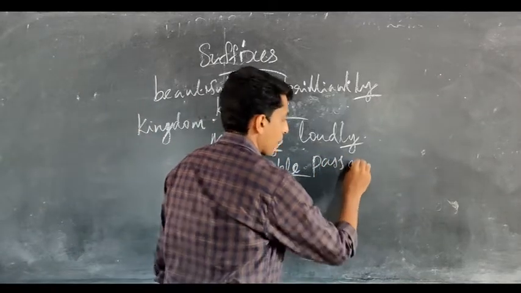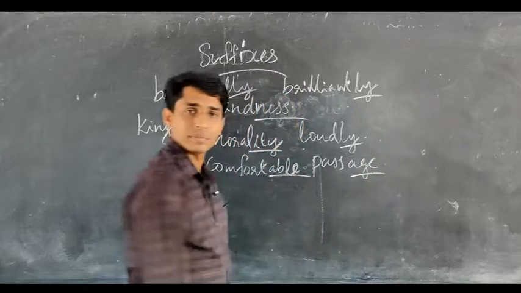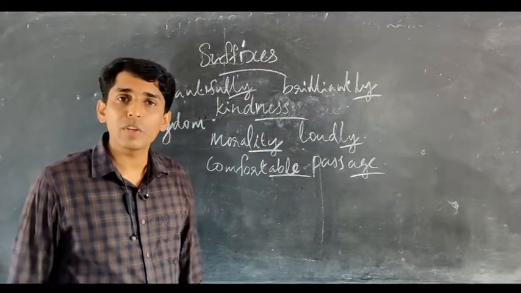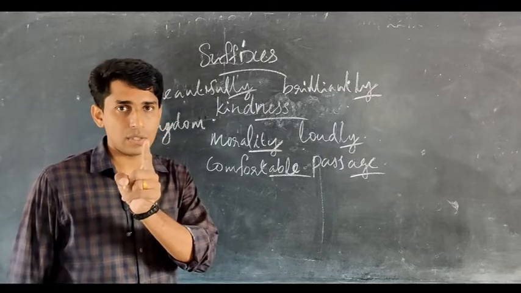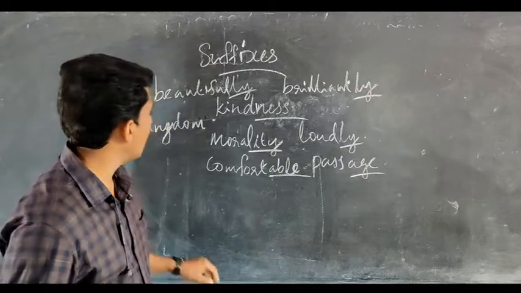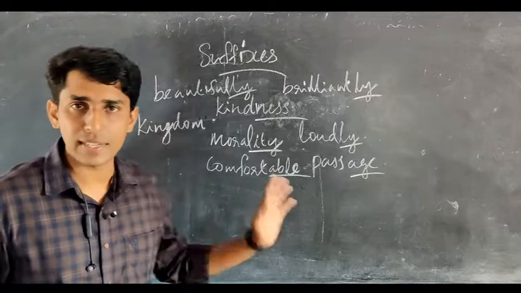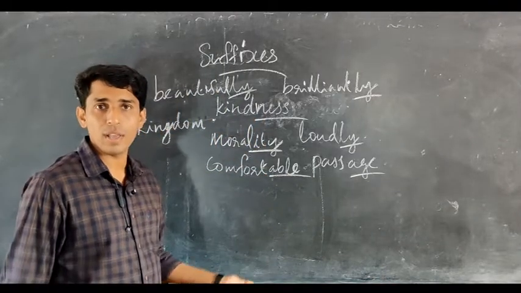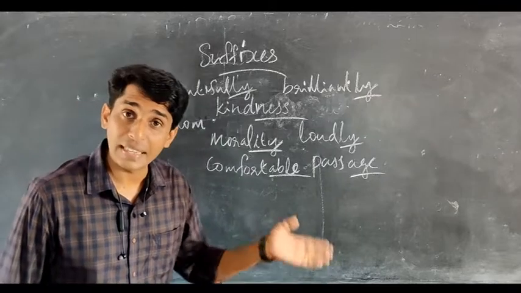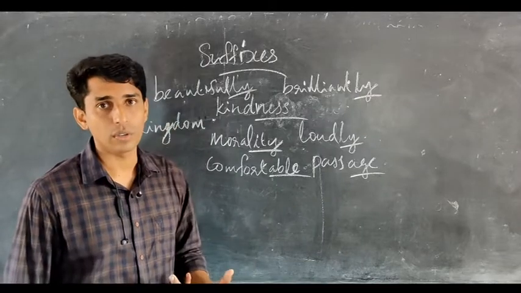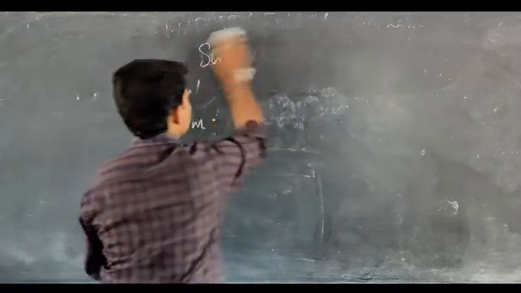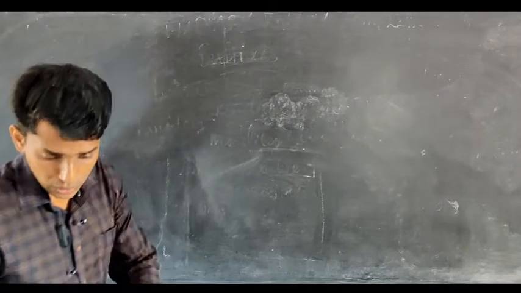Pass. Passage. See how it works? We get another word when we use a suffix. So here I believe you understood what is prefix and suffix. Prefix means fixing some letters in front of a word, and suffix is fixing some letters at the end of a word. Okay, so this is very, very simple. And we move on to the next section.